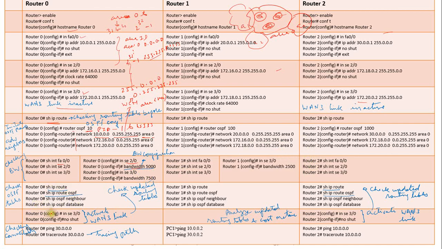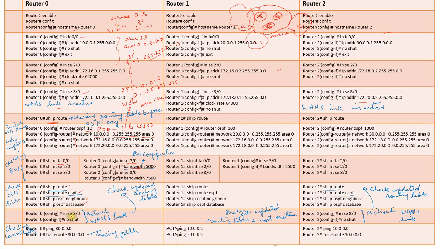Then check the OSPF tables by using the command show ip route. There are 3 tables in OSPF. The routing table which shows the best paths can be checked with the show ip route command, or you can use show ip route ospf just to note down the paths learned through OSPF only. The directly connected paths will not be displayed with this command. And the show ip ospf neighbor command will display the neighbor table of OSPF, and show ip ospf database will show the entries for the OSPF database.